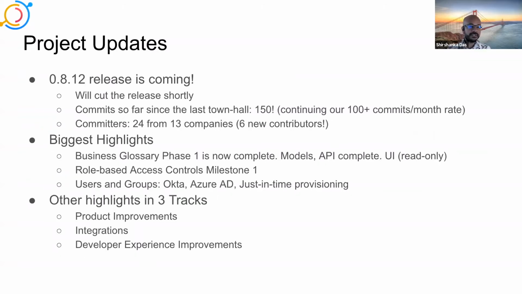All right, so project updates. We've been, as you can tell, shipping code furiously. We've had like 3 or 4 releases this month. Overall, from a commit perspective, I was just looking at the commits since the last town hall. We've got more than 150 actually, and so we're continuing our 100+ commits per month rate, and we've got more than 20